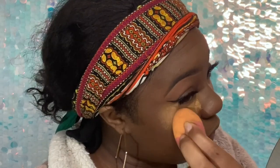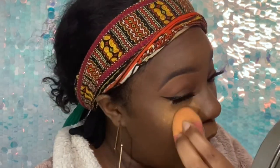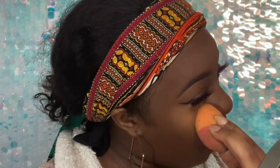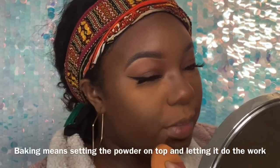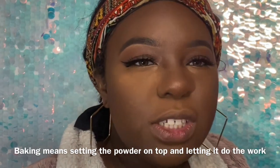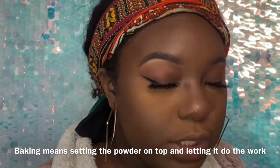It smells so good too. I never smelled such a good smelling setting powder. It makes no sense. But you're just gonna stamp in the powder into every place that you highlighted. Like some people bake. I honestly don't see, like I used to bake, but I don't see that much difference. I feel like pressing the powder into your skin gives you a good